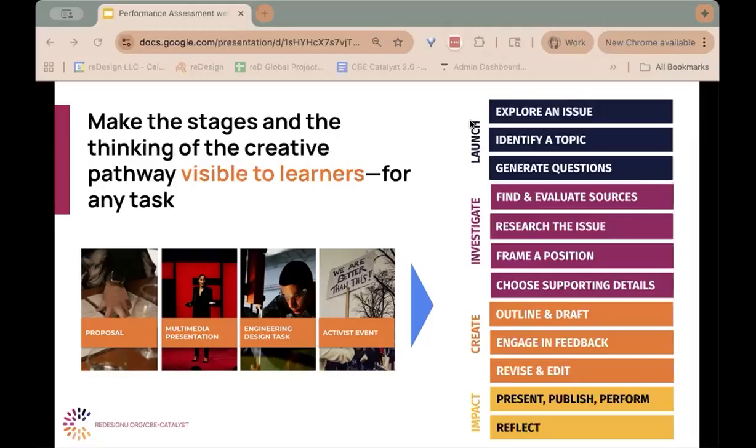Rather than students waiting and relying on instructions, with this visible structure, learners can visualize the journey ahead. They can locate themselves on that pathway. They can continuously self-assess and make meaningful decisions about how to move their own learning process.